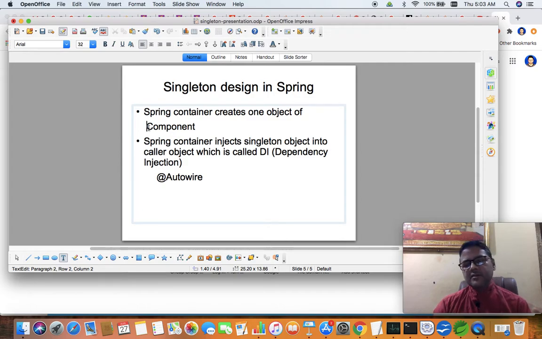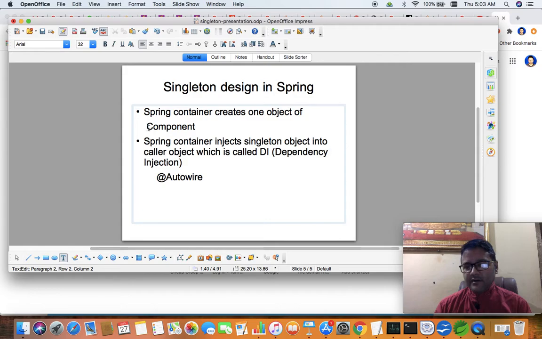Between a component type of object and the user of the class, how that connectivity happens and how the object is going to be used is also taken care of by another annotation called @Autowired.